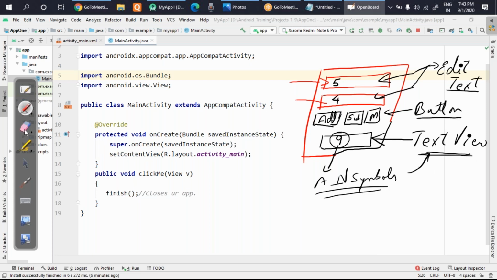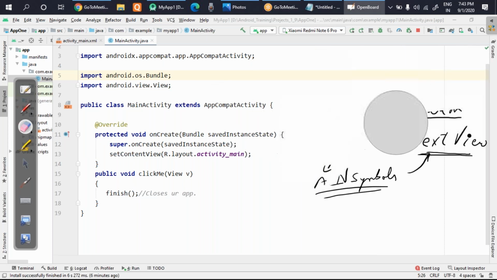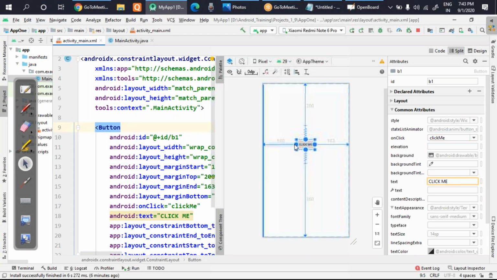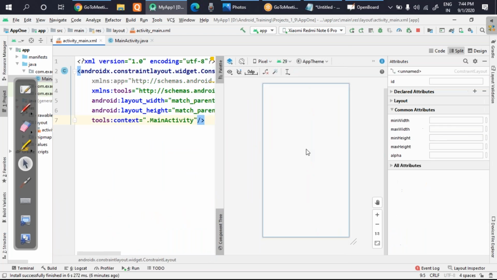Okay. So let's get started now. So in this project, I'll first of all move to the front end. As you all know, first of all we have to make the front end. If the front end is ready, then only you can do the back end coding. So what I will do, I'll just select and delete this. Okay. Now my front end design is empty. Even you can see the code is reduced in the coding part.